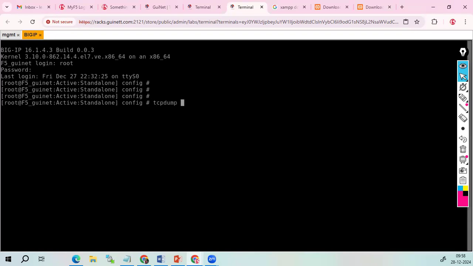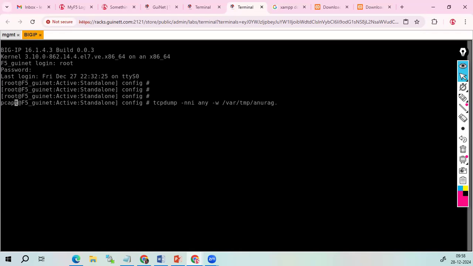So for example, we run the command tcpdump -nni. For the interface, we are saying any, or we can say 0.0, or we can say any. Then host, or simply we will provide the location. For example, -w for writing, then we can give the location, for example var, define the temp location. Okay, here you can give